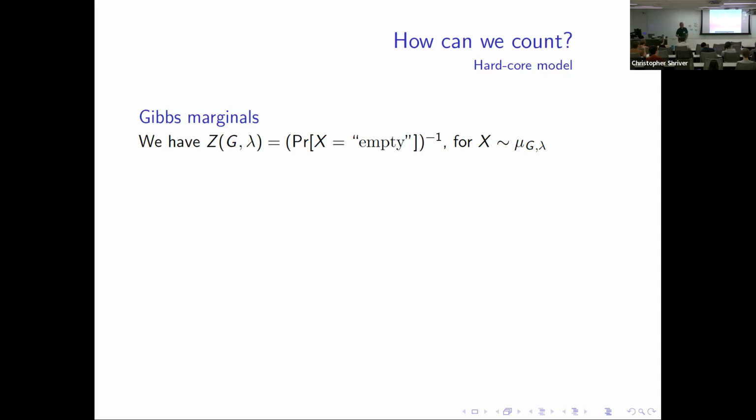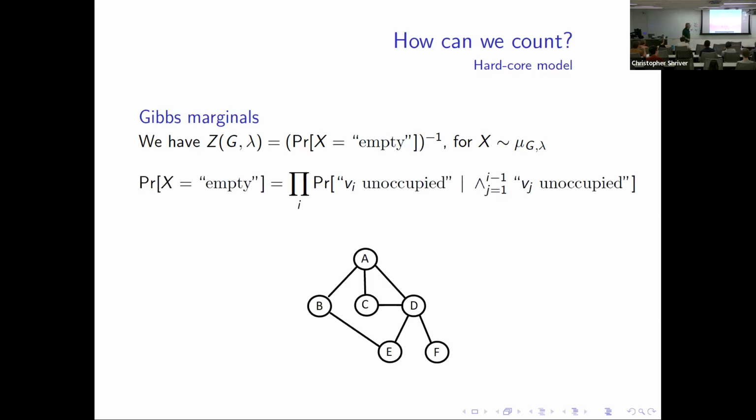Nothing more than that. Right? And then you say, okay, you do something which is also very simple. So the probability of X being empty is, like some basic probability fact, nothing more than that, equal to, so you order the vertices perhaps in your favorite